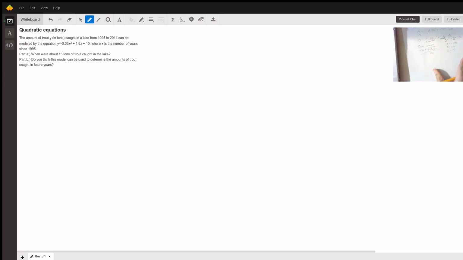Now all I have to do is solve this quadratic formula. So I plug in my appropriate values. B is 1.6, so I get -1.6 plus or minus the square root of 1.6 squared minus 4 times -0.08 times C, -5, all over 2 times -0.08. Okay, to solve this quadratic, I have to simplify what's inside my square root first, because I'm following order